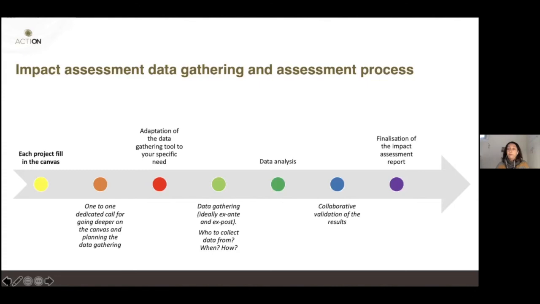We should have an analysis at the beginning of the pilot and one at the end, so that we can compare the change. But we're also aware that this is not always the case. For many reasons, there is only a certain amount of work that you can ask of your volunteers. So we're perfectly aware of this, and we have to plan together what to ask, to whom, when. And in case we decide not to engage the volunteers in the assessment at all, which happened in other pilots, not a problem. We can decide together what dimensions we want to look at and how you can monitor or gather information on these without disturbing them.